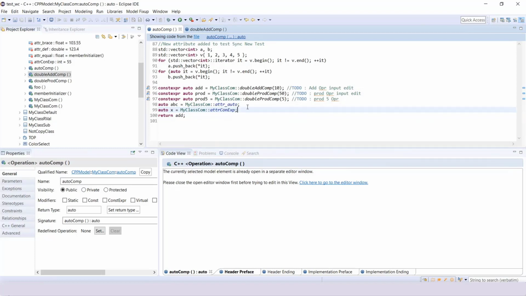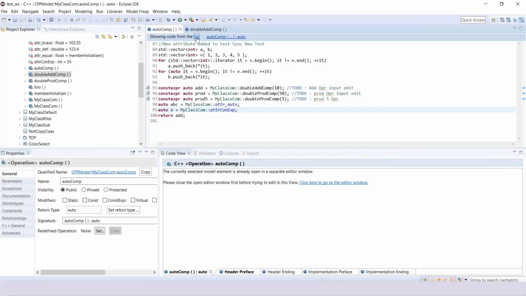One more thing I want to say is that from the code editor, we can only navigate to the CDT editor when we have the C++ generated code present. The CDT editor will only come into the picture when we already have the C++ generated code.